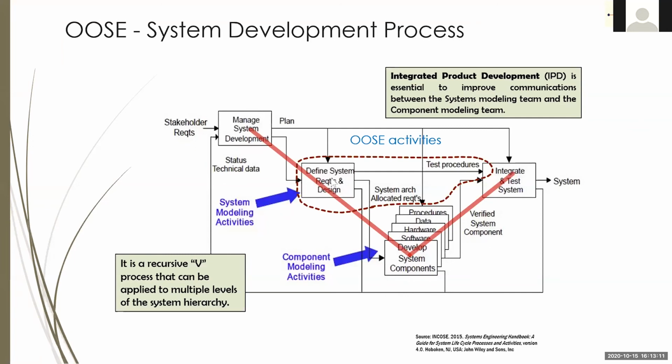Then once you have the requirements and you create the designs, you can go into building each one of the components that you have. And later on, you will have to do, remember, the unit testing, integration testing, and system testing. What we have over there is the shape of a V, like the one that we saw before, okay? On the left part of the V, you are building things, and on the right part of the V, you are doing the integration and testing of the things that you first designed and then built, okay?